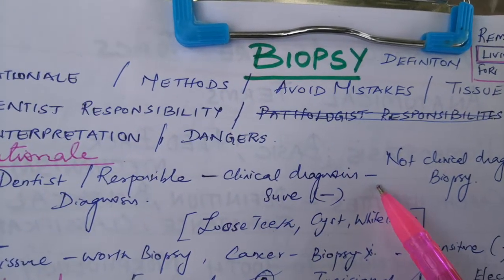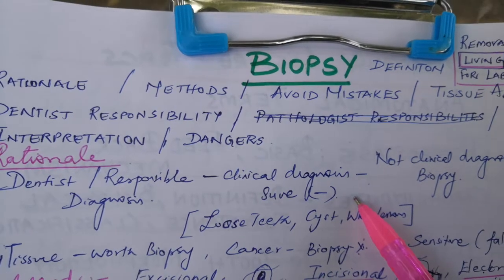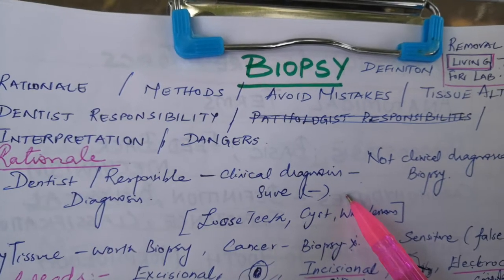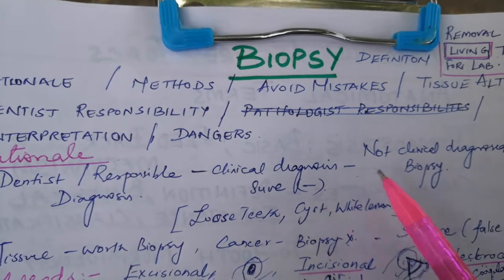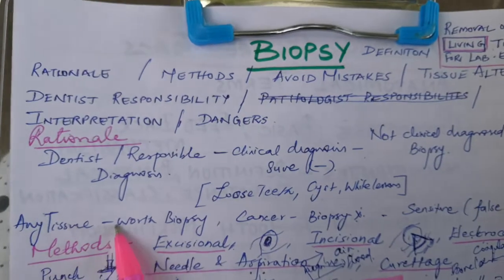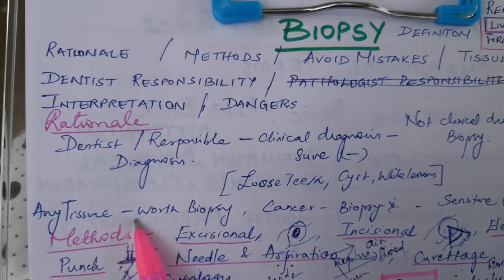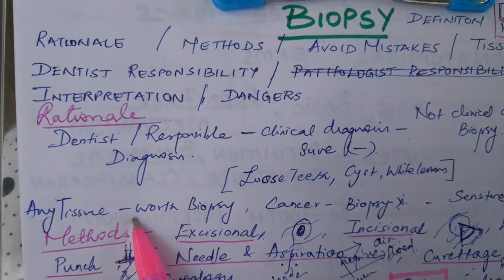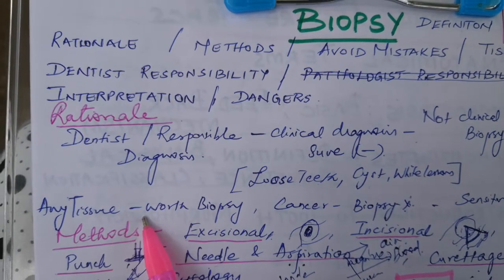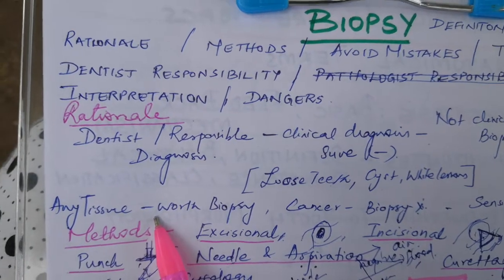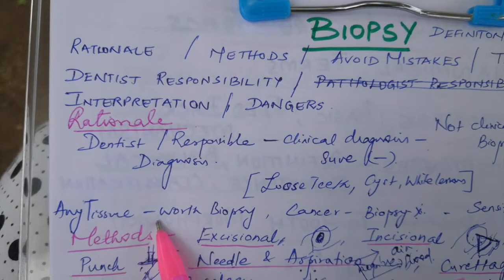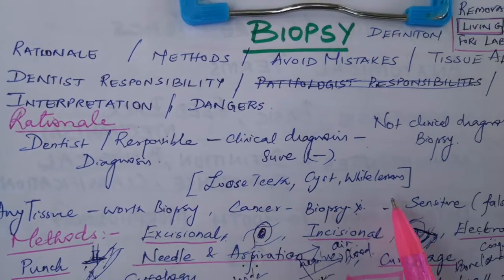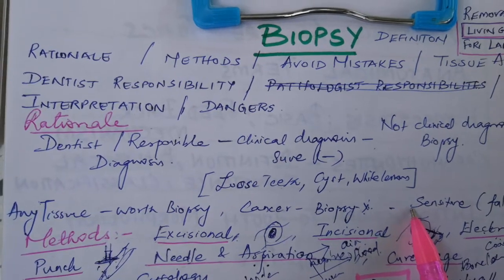Always do a differential diagnosis and justify yourself, and then come to a definitive diagnosis. If you are not able to reach a definitive diagnosis clinically, it's better to go ahead and do a biopsy. Okay, any tissue when we are removing surgically, it is always a rule to send it for biopsy, but most of us are not doing it, but we have to follow this rule. Any tissue which is removed surgically from the human has to be sent for biopsy. Biopsy plays a major role in the diagnosis of cancer because it is a sensitive technique.